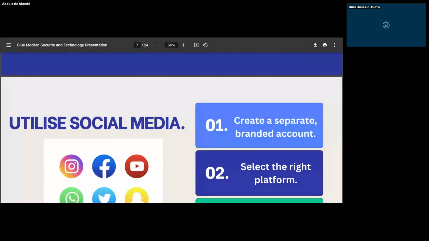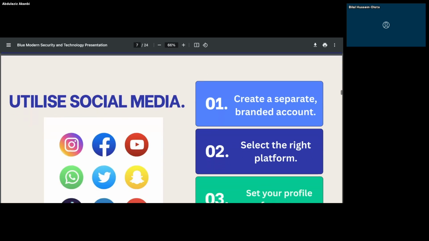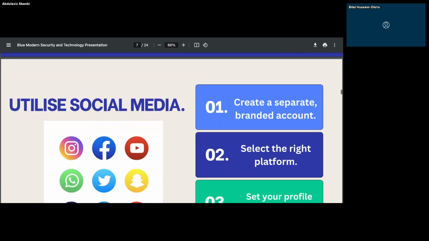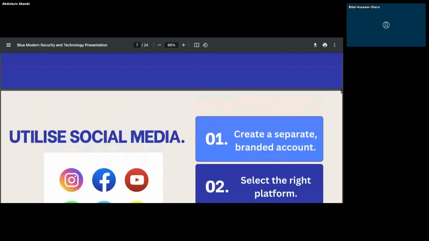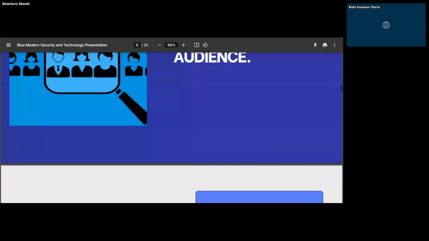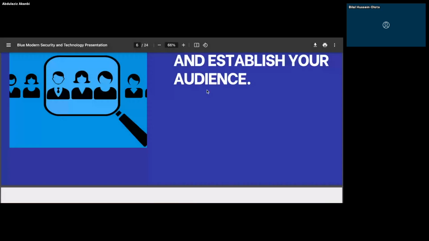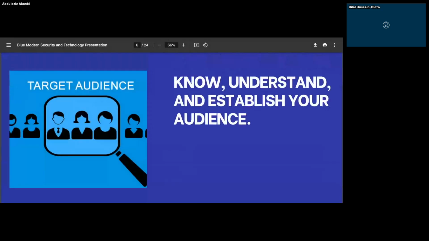And also, it is very important to make clear not only who your target audience is, but who your target audience is not. In making clear who your target audience is, I believe that should also make clear who your target audience is not. So you are going to create content and campaigns that would clearly compare the audience that you are trying to